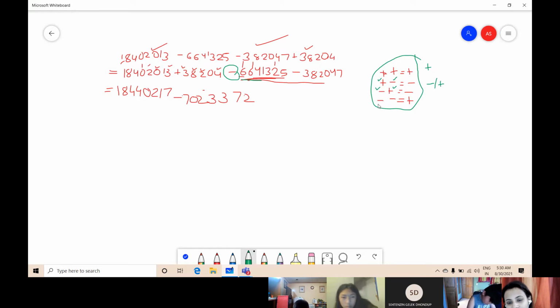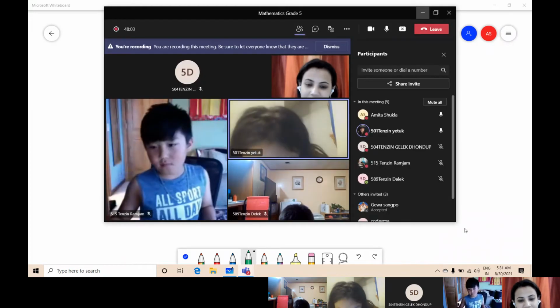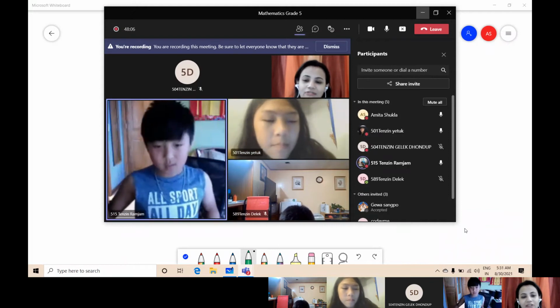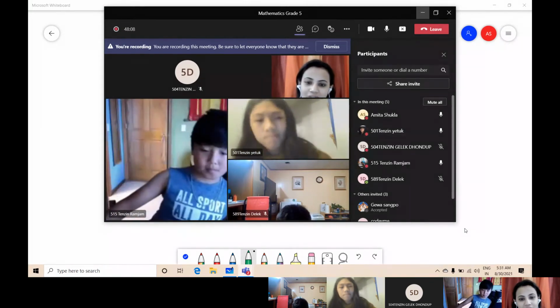Same method goes with here also. These two, both the numbers having subtraction sign, it means the bigger number is also having the subtraction sign. So we'll put here the sign of subtraction. That's why I have written here the sign of subtraction, because the bigger number is having the sign of subtraction. Now please tell me, is it clear or not? This is the very main and important step. Why we have subtracted and which sign we will put?